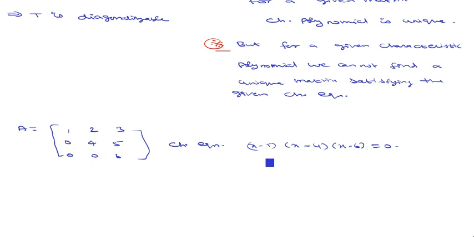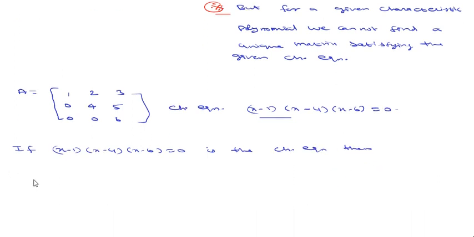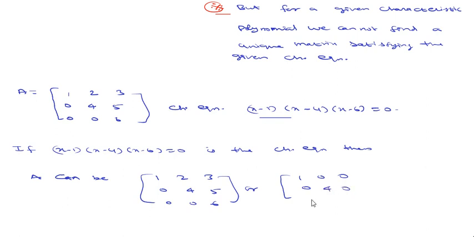So for this matrix the characteristic equation is this one. Suppose we are given the characteristic equation (x minus 1)(x minus 4)(x minus 6) equal to 0, then the matrix A can be the same 1 2 3, 0 4 5, 0 0 6, or this one, 1 0 0, 0 4 0, 0 0 6,